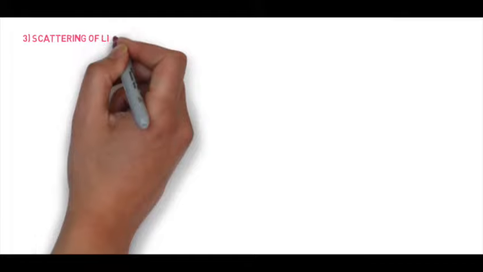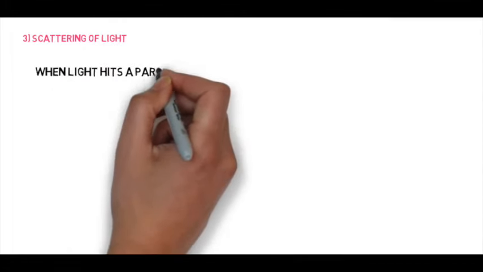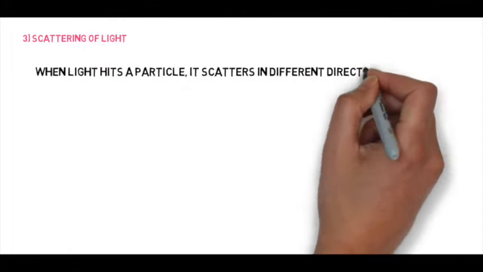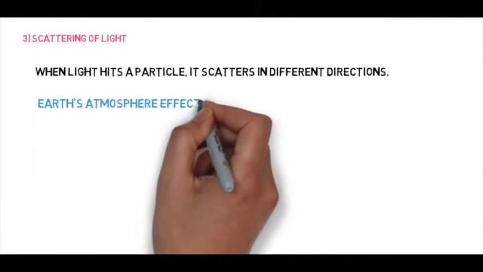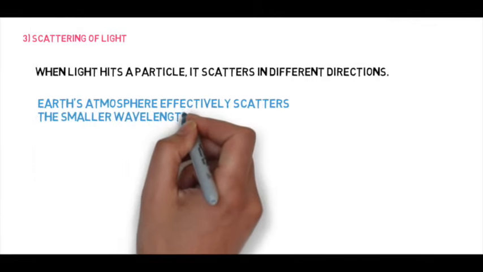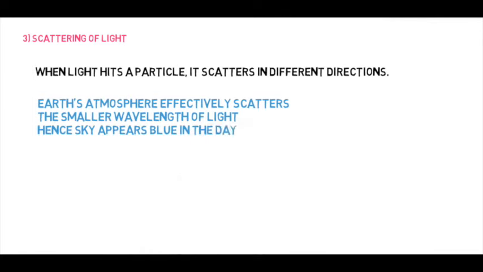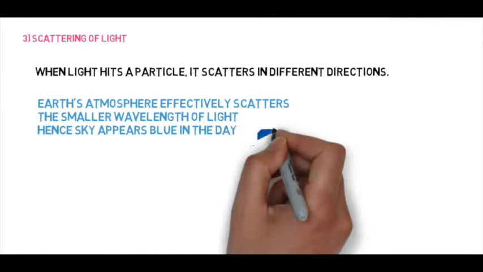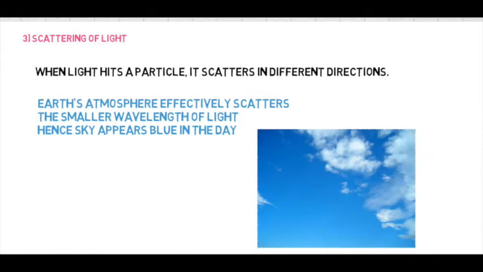Third phenomena is scattering of light. Light has a tendency to scatter when it hits small particles. For instance, the particles in the Earth's atmosphere are small enough to scatter the smaller wavelengths of light. Hence, the sky generally appears bluish during the day. This is the phenomenon